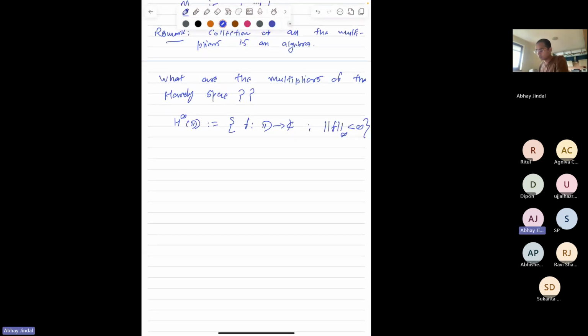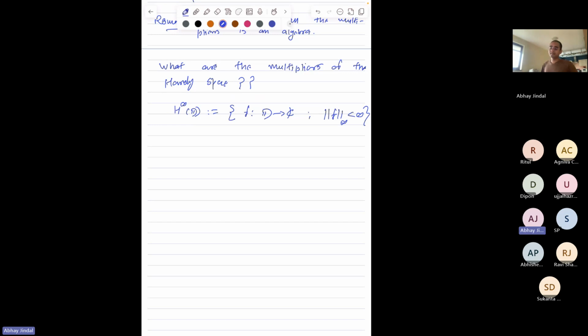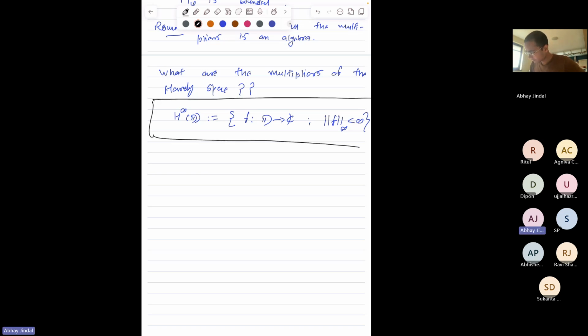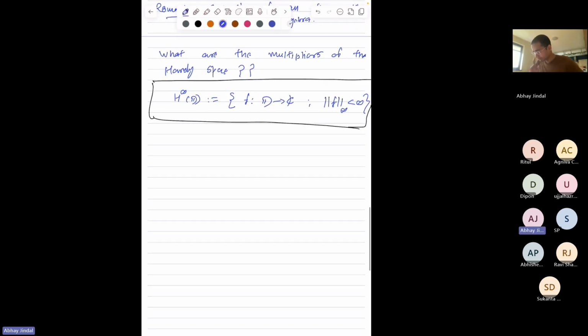Now, what we are actually going to see is that multipliers are contained in H infinity(D), and the converse, that H infinity(D) is contained in the multipliers, comes from an integral representation of functions in the Hardy space. Maybe we can take this also as a black box, but let us observe one more thing about multipliers. So suppose phi is in H infinity(D), then we know M_phi is a bounded operator, so M_phi star makes sense. M_phi star k_w is